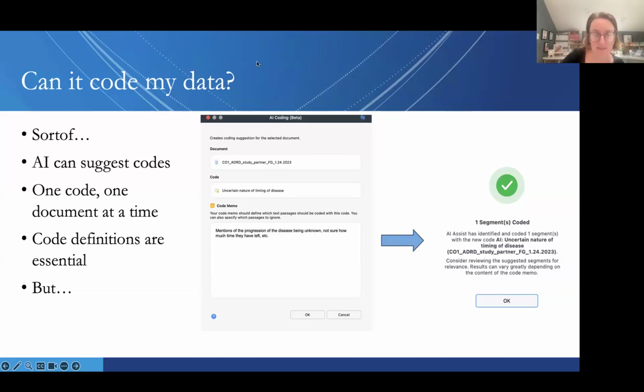I see a hand raised, so I'll stop for a second. Go ahead, Tim. Hey, sorry to interrupt there. Are there privacy issues we have to worry about with uploading something like that to MaxQDA? Absolutely. Like IRB issues? Yep, great question. So all of our transcripts are de-identified. So once you're de-identified, you're safe.